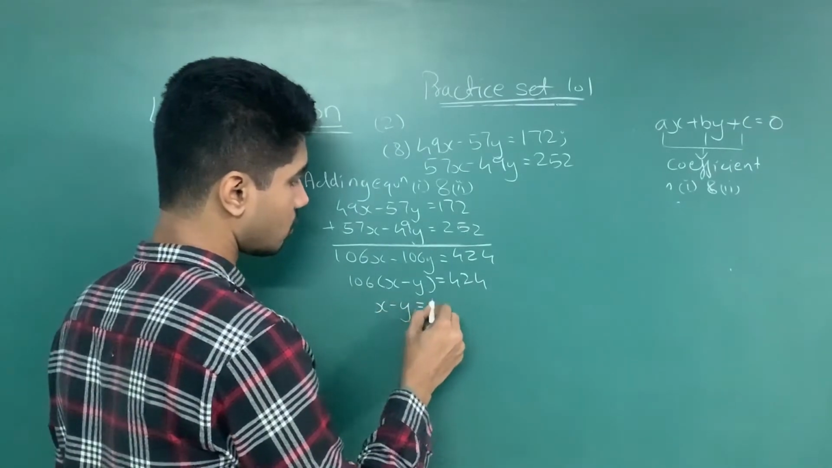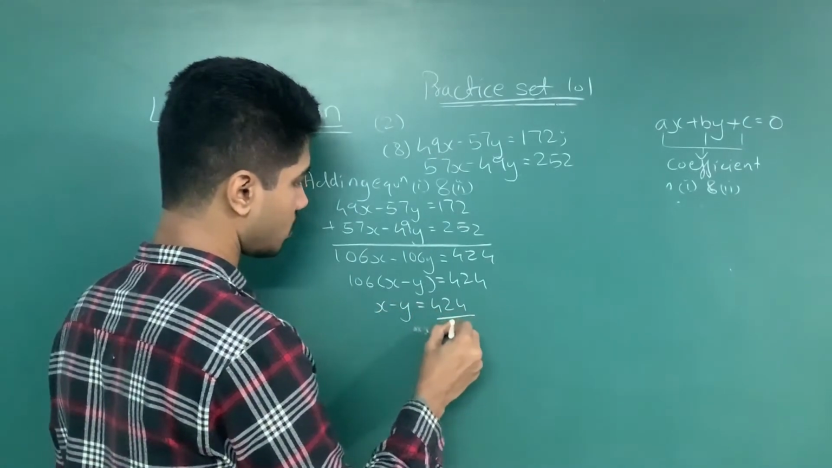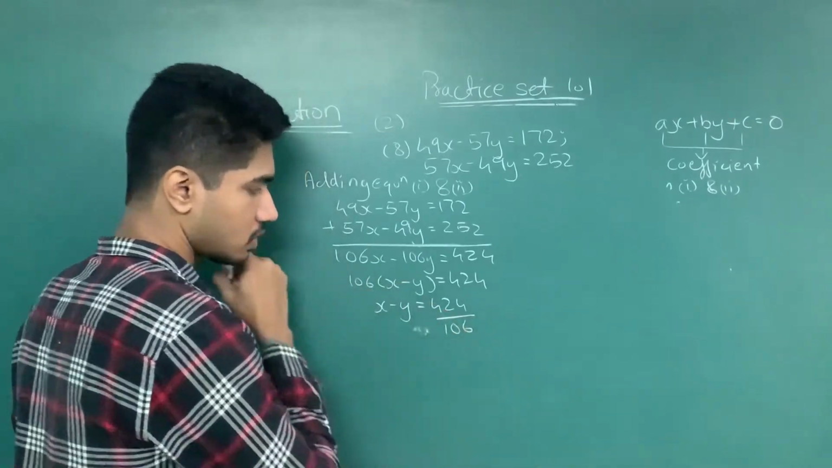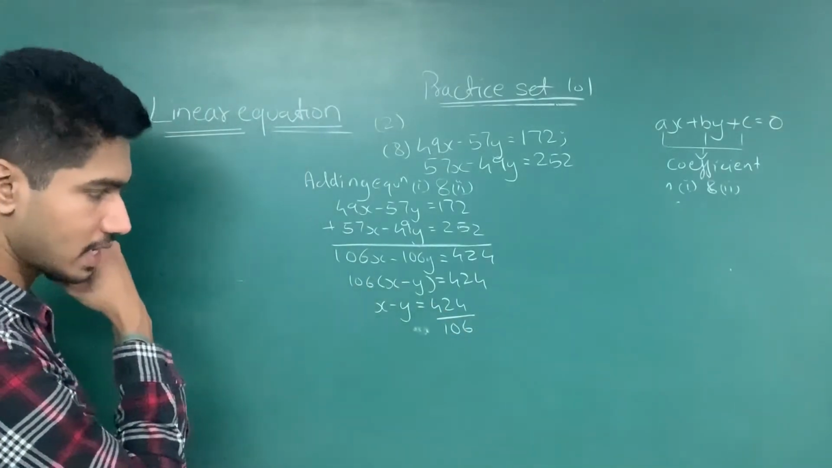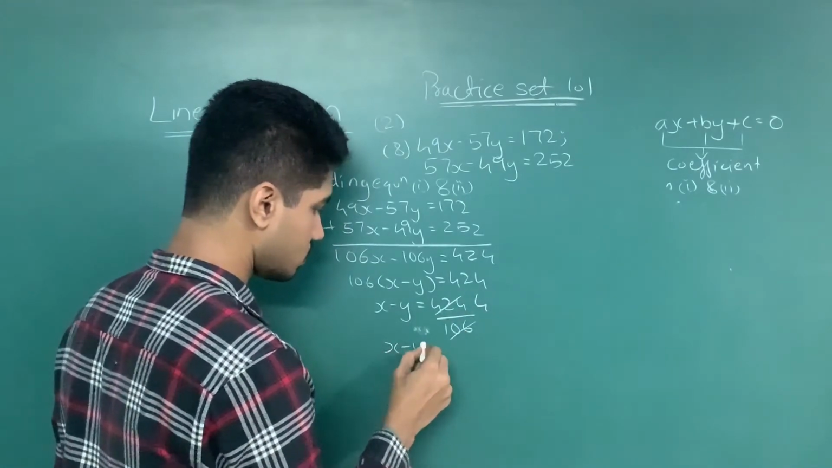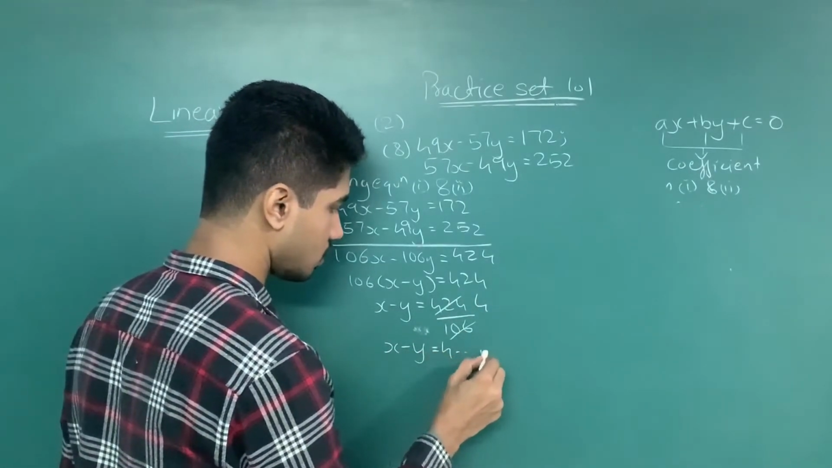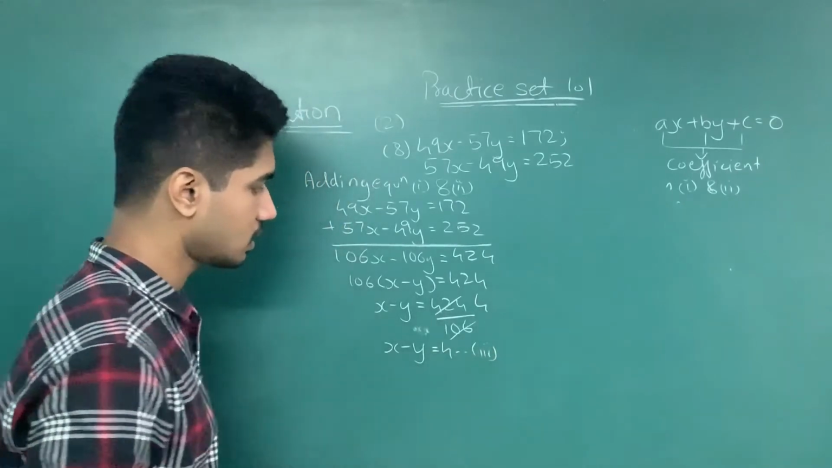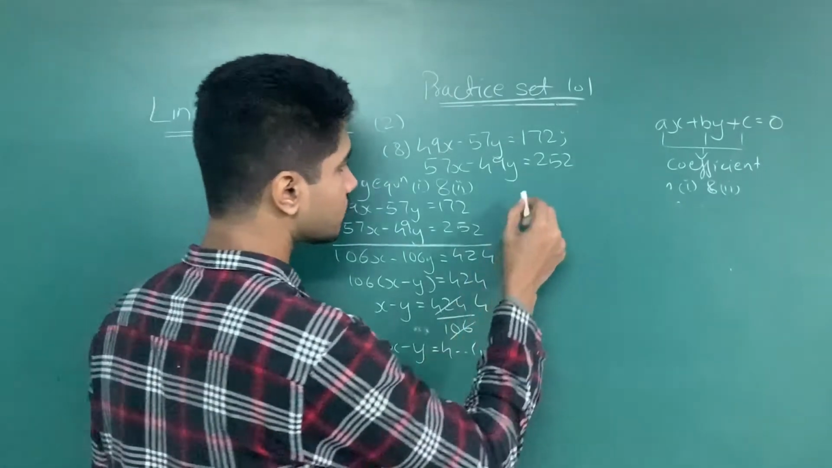You shift the 106 over here, it's a multiplication, you divide it, you get x minus y is equal to 424 upon 106. So you do the cancellation, so you get 106 4s. So you get x minus y is equal to 4, equation number 3. Now let's subtract. Subtracting